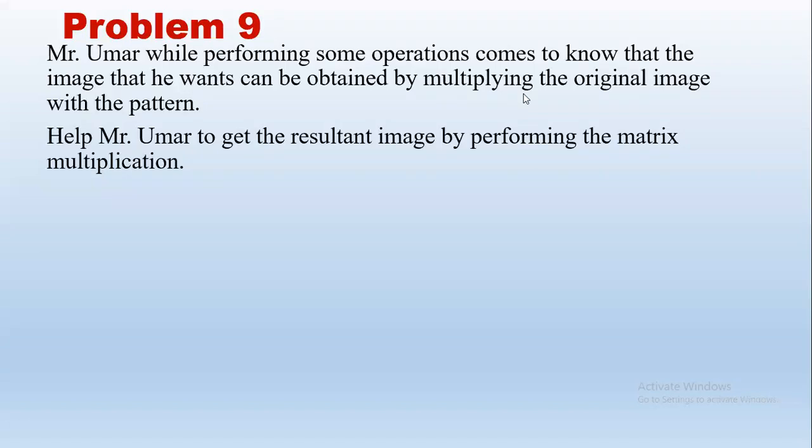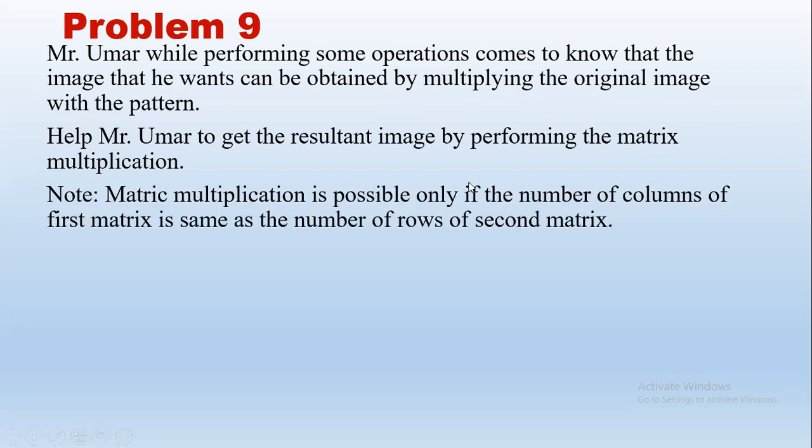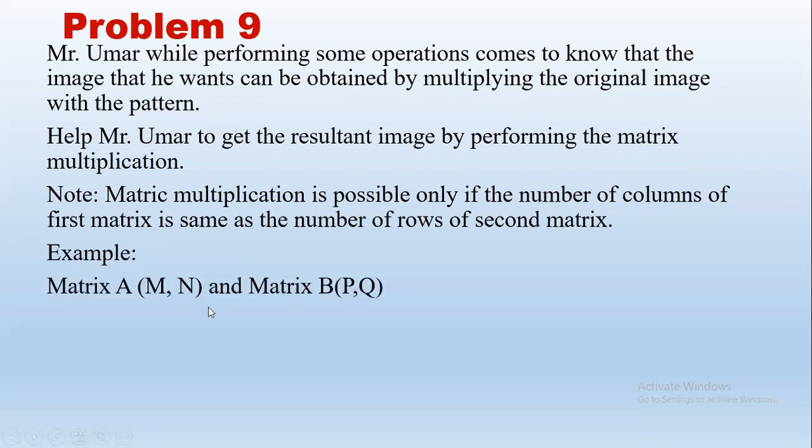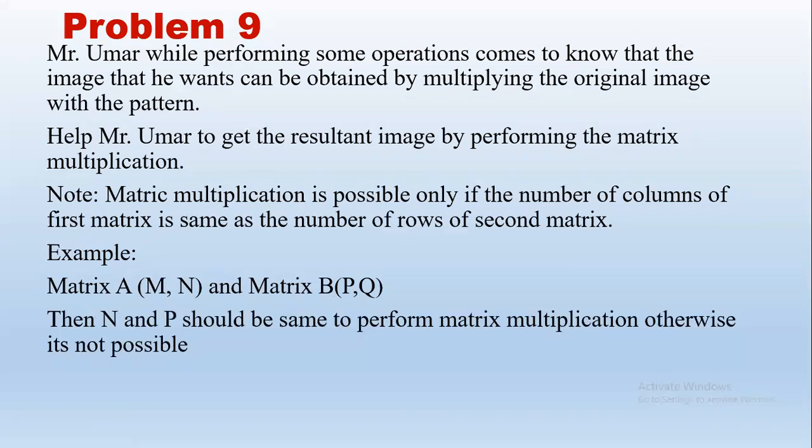So that is what we have to check first before taking input. So here we need to multiply two matrices. So number of columns of first matrix should be same as number of rows of second matrix. If we take M and N for first matrix, P and Q for second matrix order, then N should be equal to P. If N is not equal to P, we cannot multiply. So we have to display matrix multiplication is not possible, right? So for example, we take A and B, then we check N is equal to P, right? If N is not equal to P, matrix multiplication is not possible. So otherwise we can multiply them.